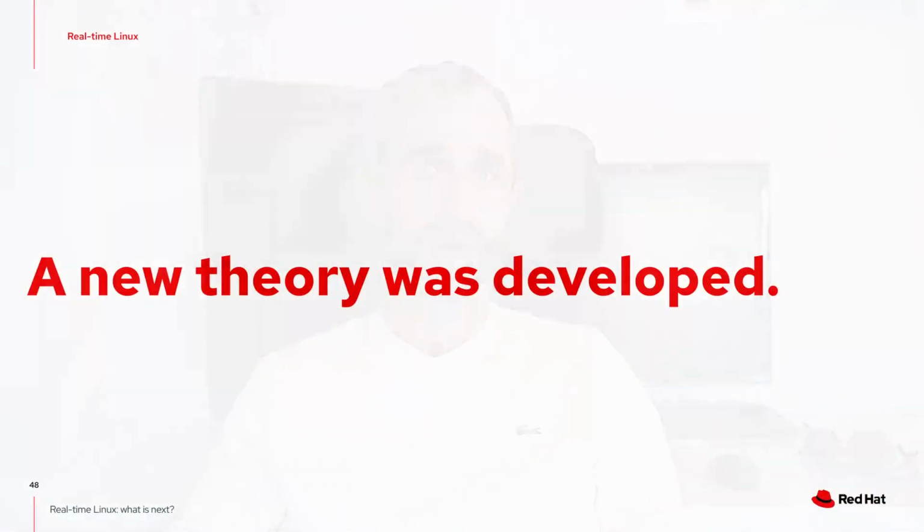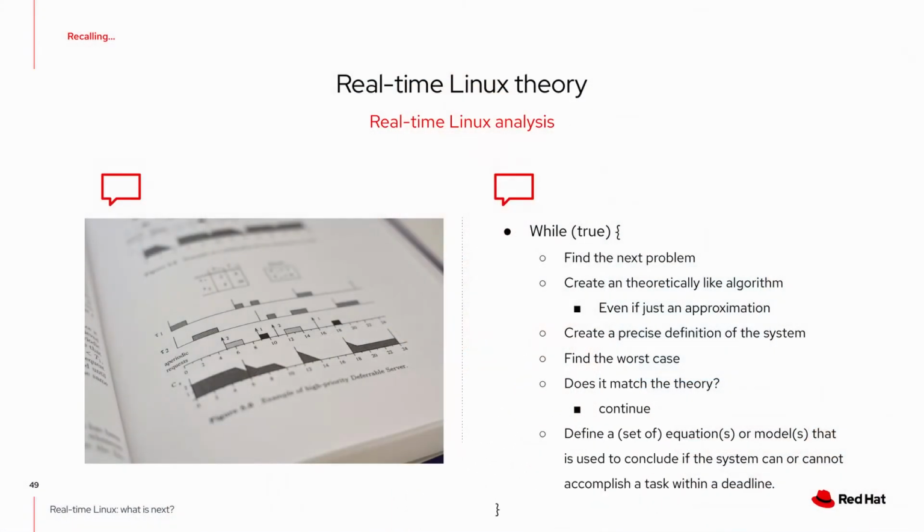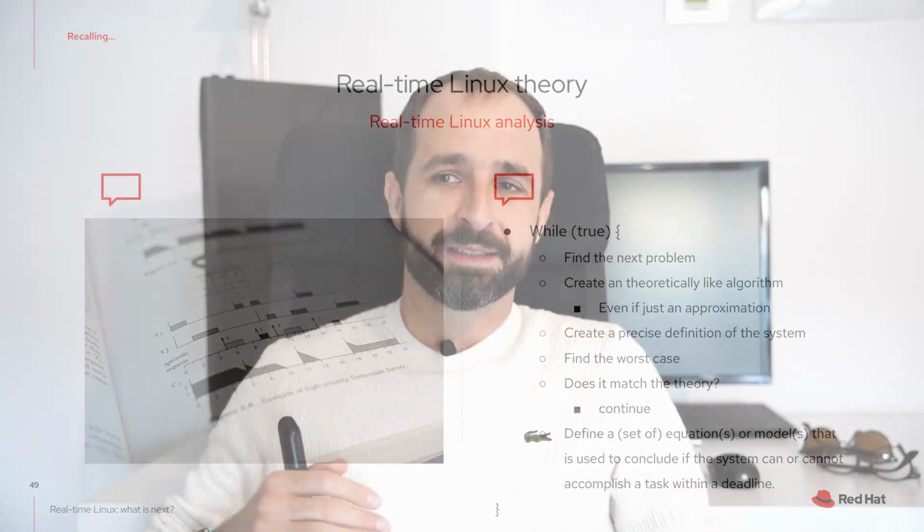The next step was then to create a new theory that actually fits Linux, which was closer to the preemptive model, but not exactly that. And we saw that it was possible. So, thinking about the way that the theory evolves and the way that Linux evolves, it seems that the way to go next is to find the next problem that we need to resolve on Linux to make it a better real-time operating system, and then try to create a theoretically sound algorithm to address this problem,